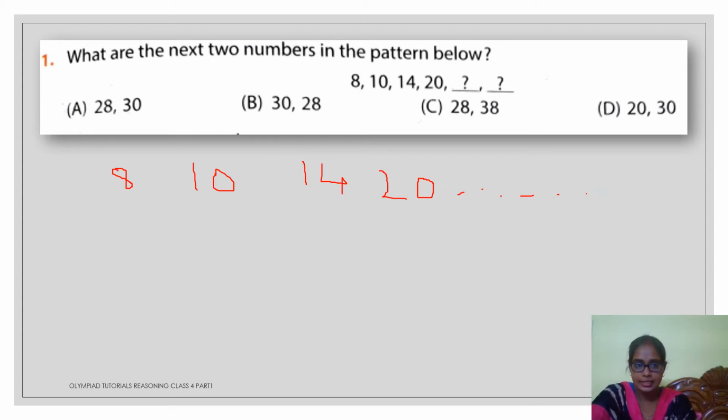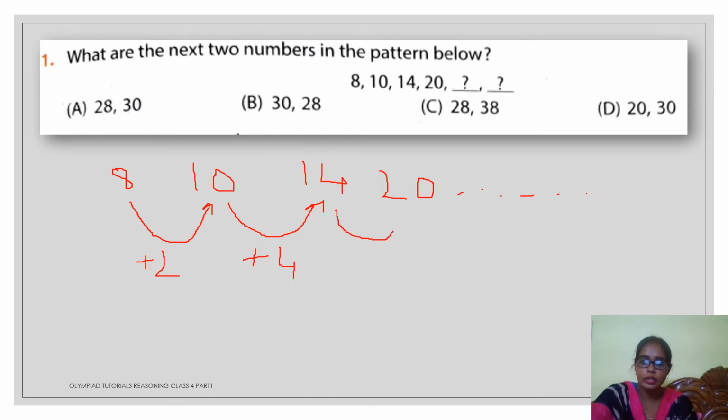The first number is 8, and to get the second number, that is 10, you just have to add 2. Then again from 10 to 14, on the number line, you have to add 4. Then again 14 to 20,